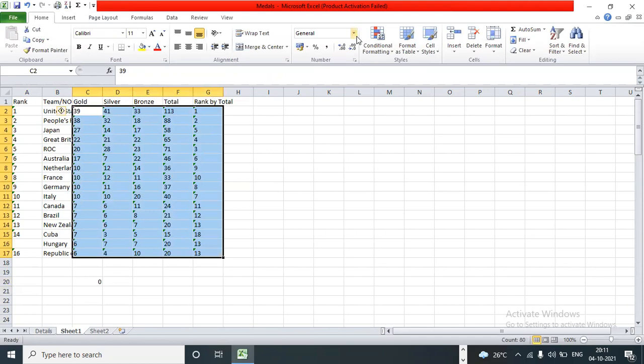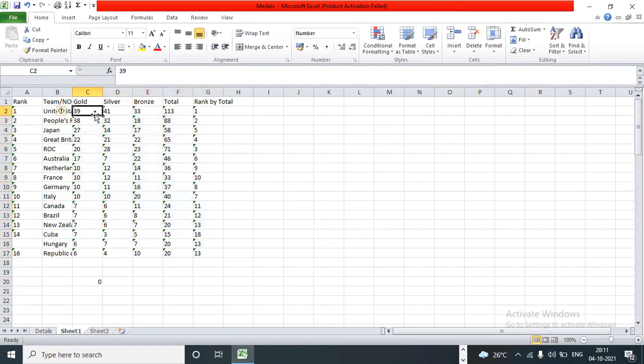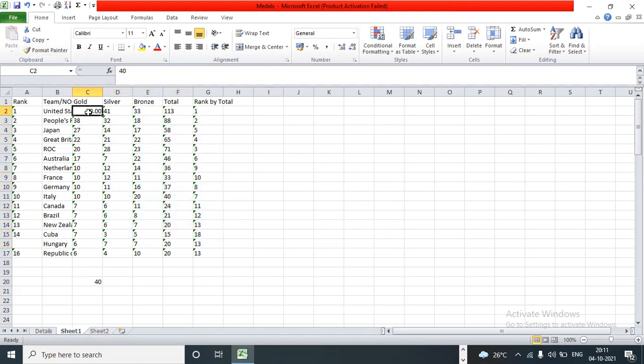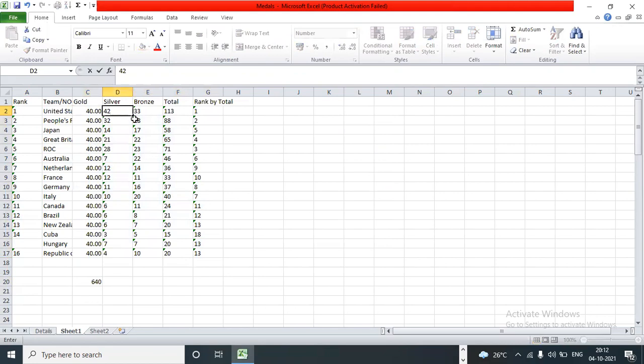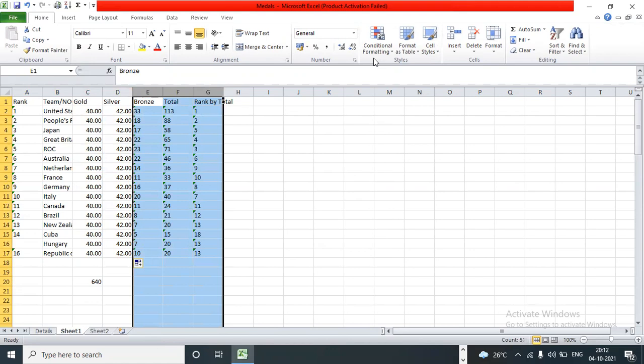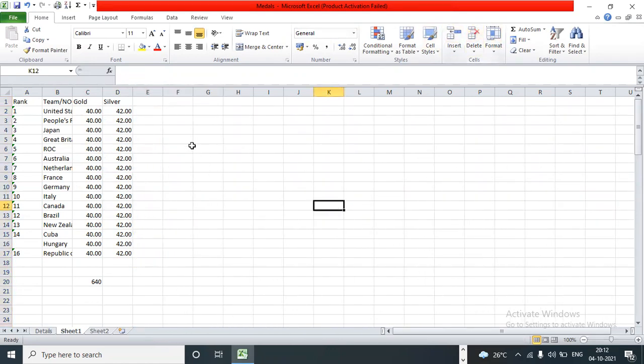One second, there is some issue with the data. First of all, we need to check whether the data is in the right format or not. There is some issue with this data, so I have deleted it.